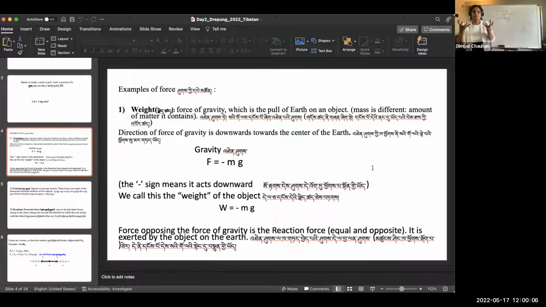So what is weight? You weigh yourself. So it is just the force of gravity. Every particle we see, the earth is exerting a force called the force of gravity. That's why I have written, the pull of earth on an object. Just make sure this weight is different than the mass. Mass is the amount of matter it contains. This is weight, and it's given by mass into g, which is acceleration due to gravity, because the earth exerts